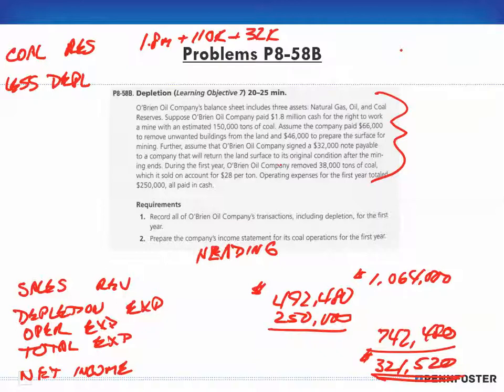If you just read over it quickly and then just start slapping journal entries together without taking it slowly and looking at each individual word that's being presented here and what it means, you'll go wrong. But if you take it word by word and look at each and every piece and you already understand the previous concepts, you really shouldn't have had too much of a difficult time creating these journal entries, other than calculating the depletion expense, because all of this stuff is nothing more than what we've had before. Booking an asset and its associated costs,